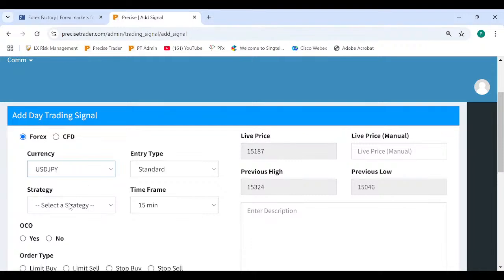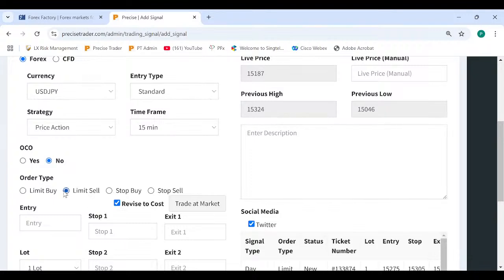We are going to sell at 15320 and stop at 15355, and for the TP, since this is a downtrend from 15320, we can expect a bigger price target, at least to 15170 or